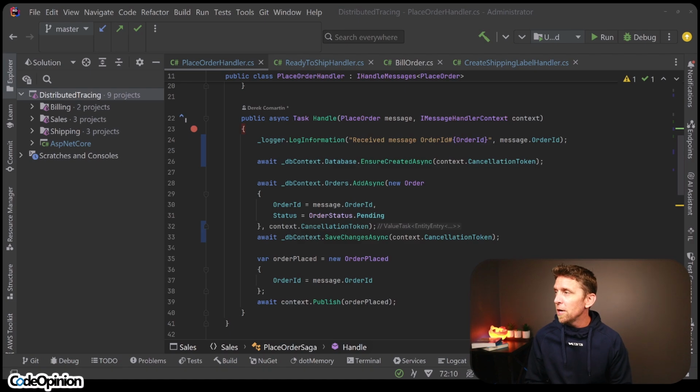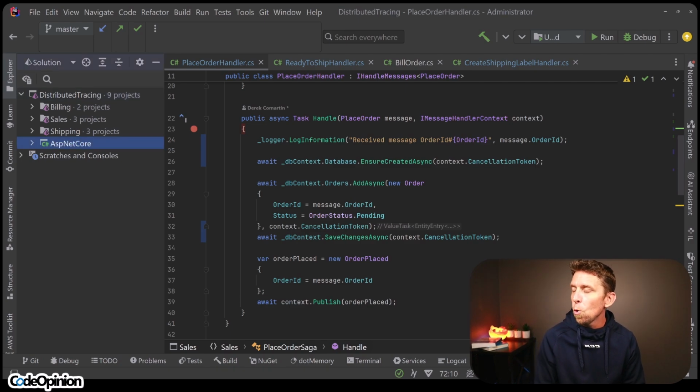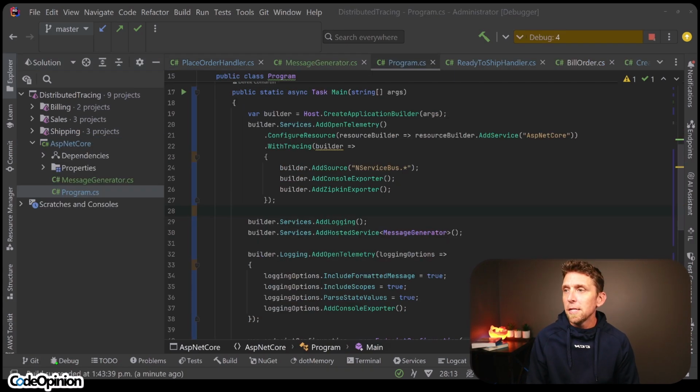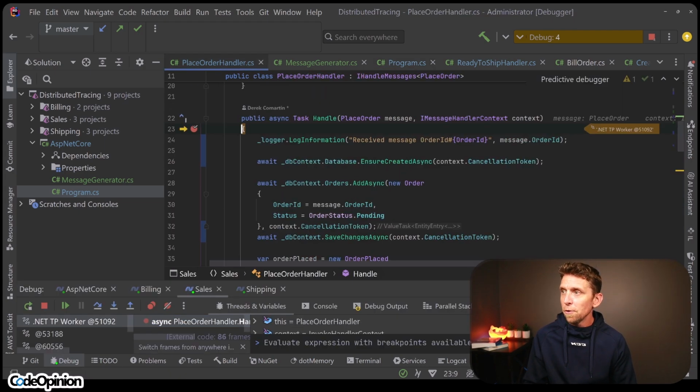So I have an example here where it's exactly the first kind of diagram that I showed, where I have essentially 3 projects involved in a workflow, and it gets kicked off from this ASP.NET Core web application. To illustrate this, I'm using NServiceBus. I'm configuring it to use OpenTelemetry. I'm also using Zipkin. I'll show that in a second. But I'm just gonna set a bunch of different breakpoints and run through this so you can see everything that happens. So the first thing that happened is I'm placing my order, and I sent that command with NServiceBus,